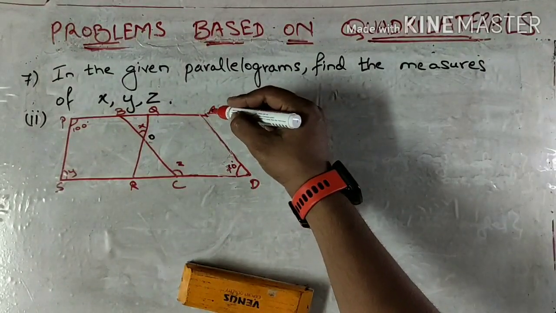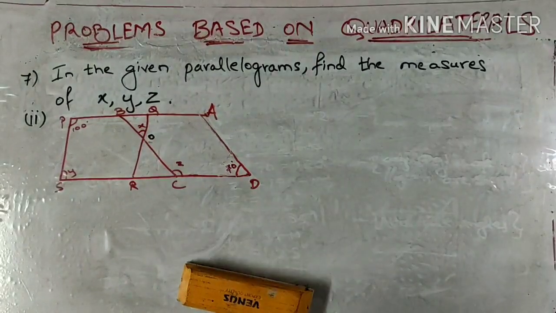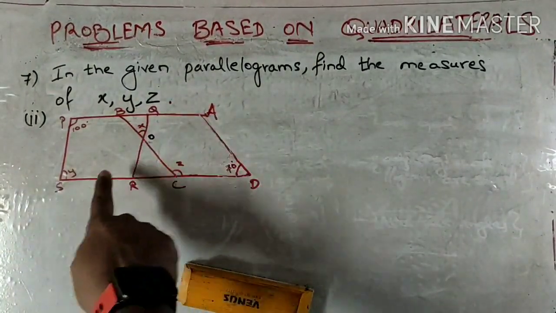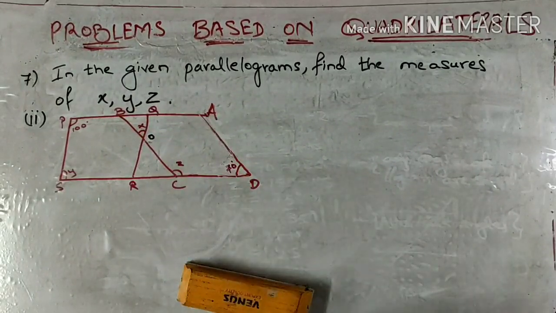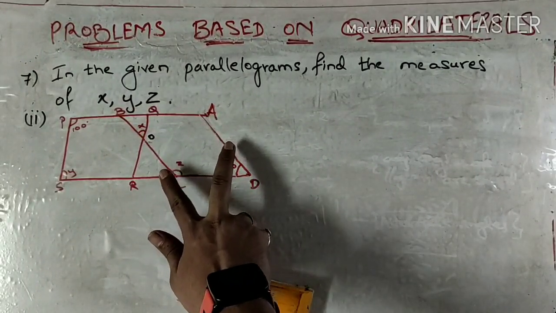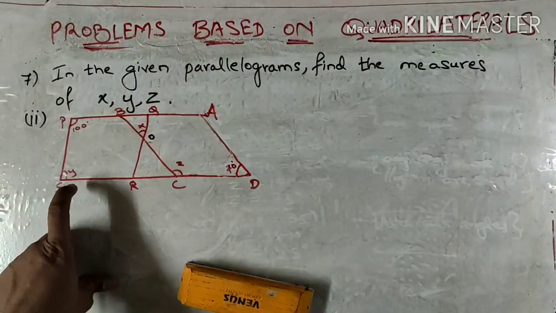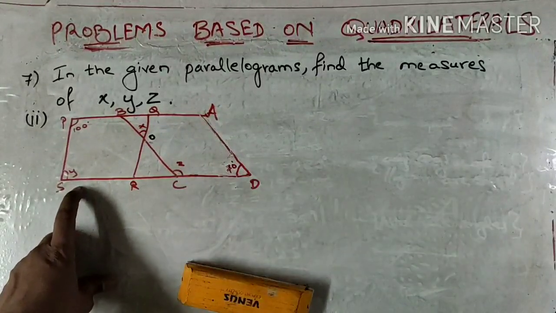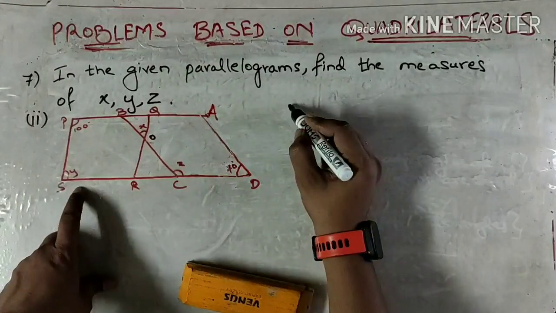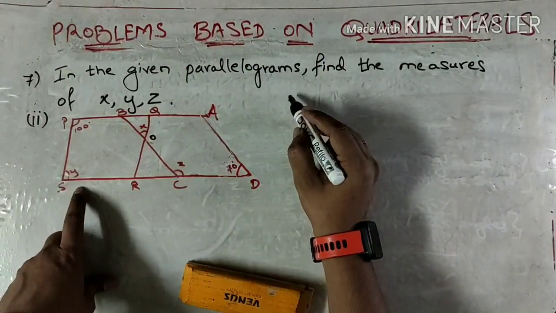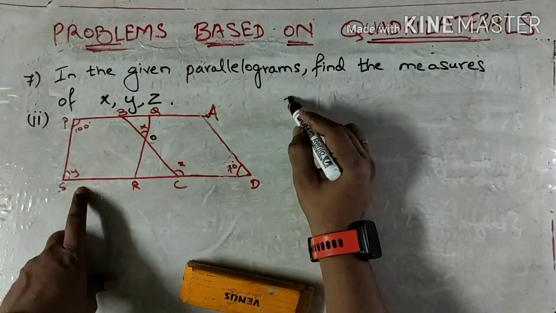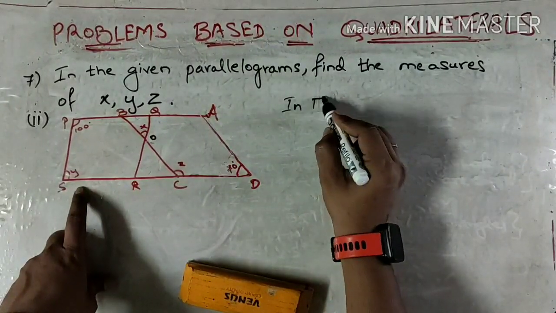So what are the two parallelograms given over here? Parallelogram PQRS and parallelogram ABCD. These two are the opposite and parallel sides of the given parallelogram. So we need to begin, and hence we look at one of the corners. I'll find the value of y because they are both adjacent angles of a parallelogram, and we know that adjacent angles of a parallelogram sum up to 180 degrees.